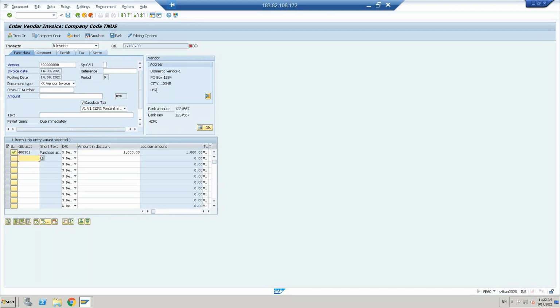Okay. So basically, the invoice value, whatever we purchase, we need to enter that invoice value. Then based on that, we need to enter the vendor amount, how much the vendor has to be paid. That 1120 we need to enter here. The total purchase value is 1000, but on the purchase value we need to calculate the 12%. On 12%, it will calculate and the vendor related invoice value is 1120. We need to enter it. So here, if I go for simulation,